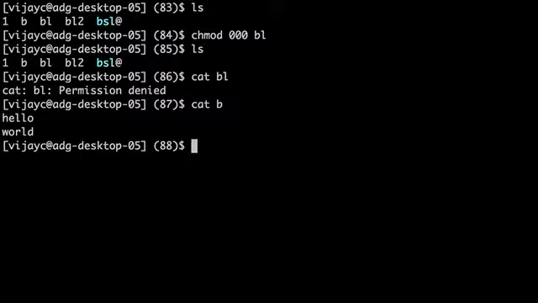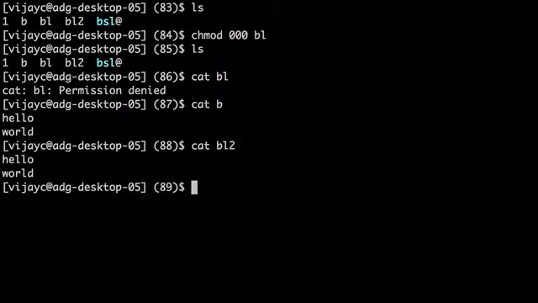Oh, sorry. What is pointing to it? BL2? Okay. So you still can. By the way, the reason that you can is because your D entry has metadata associated with it, or your directory entry. Okay.